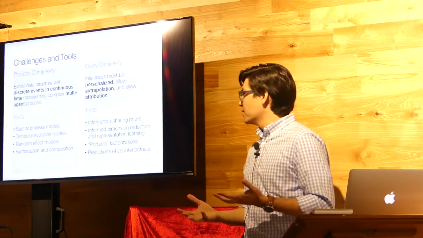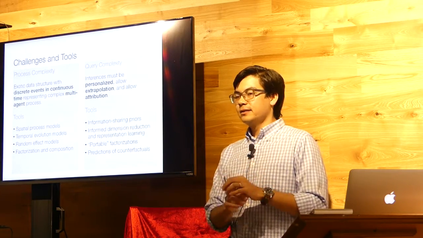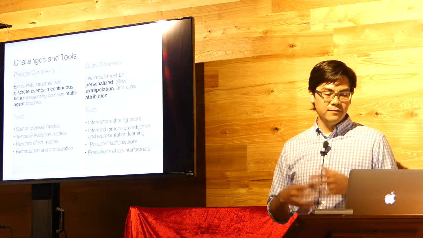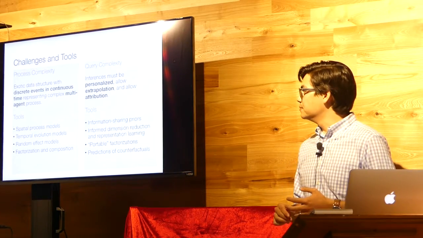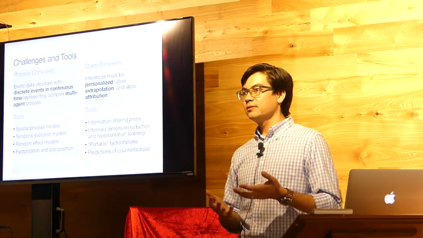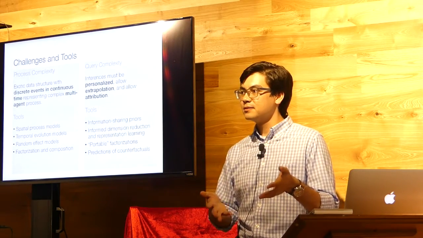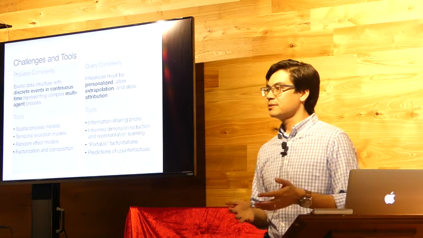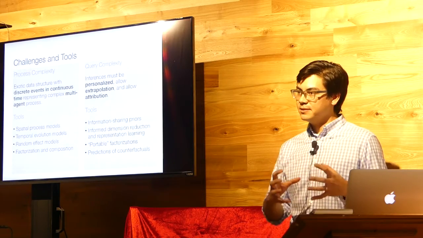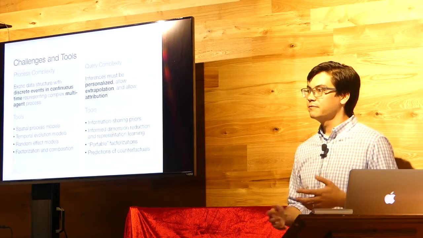We also need random effect models, or models that are able to estimate individual effects in a way that doesn't end up overfitting. Right? So we need some sort of regularized estimation of individual effects. And because this is such a complex system, there's not going to be a single method or model or a single algorithm that we can throw at this to answer all of our questions. And so thinking about how to compose different models, thinking about how to factor the problem into pieces that are actually tractable so that we can feed them into each other is a major part of how we think about